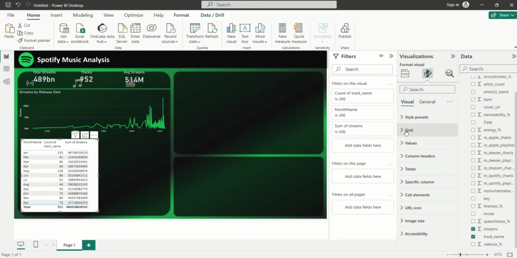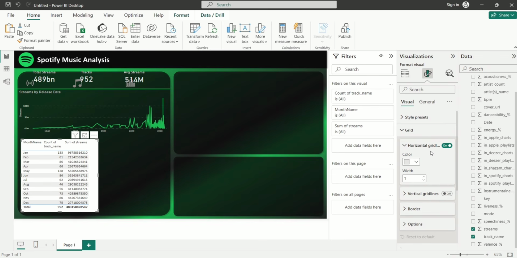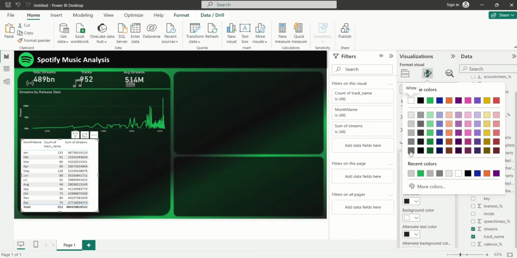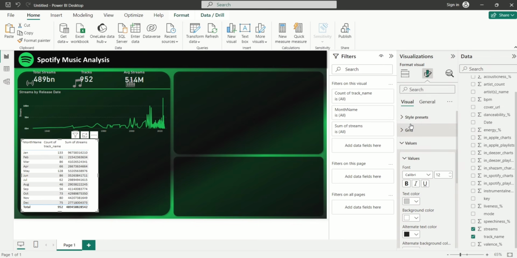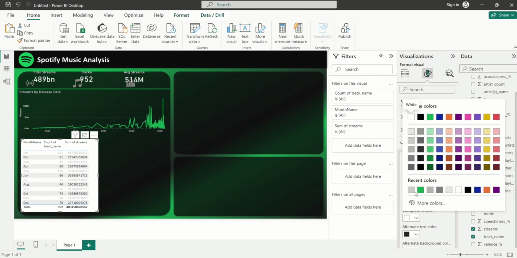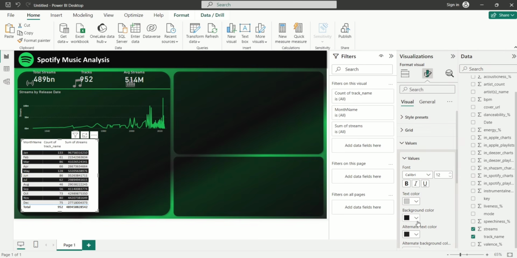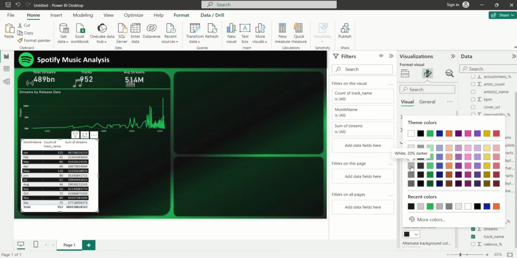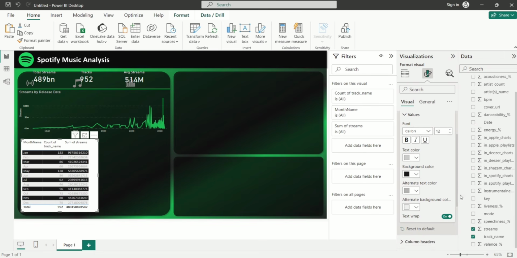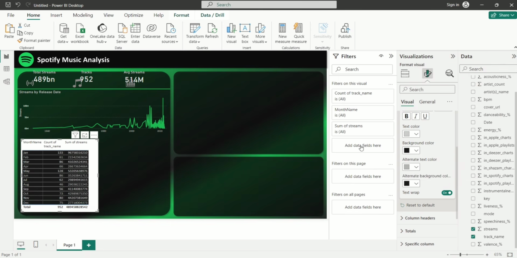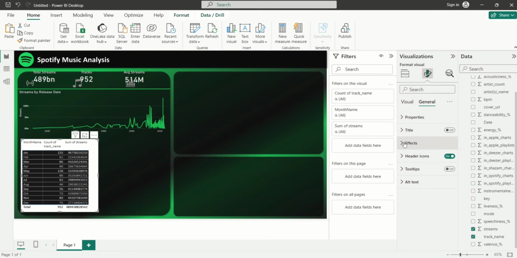Under format visual, for the grid, do we have horizontal grids? No, I don't want to change the horizontal grid. So for the values, for the text color, I want it to have this color. And for the background color, I want it to have the same background color with that particular shade. So the alternate text color should still be the same, and the alternate background color should still be this black color. Okay, so we're going to check if it's the same, and I'll come to general tab, click on effect,